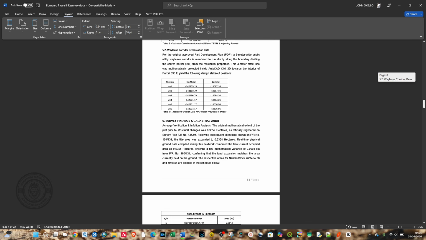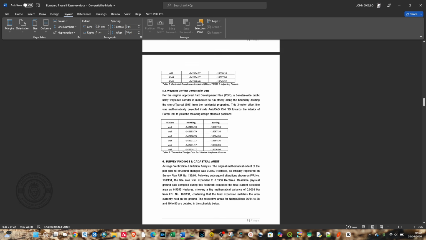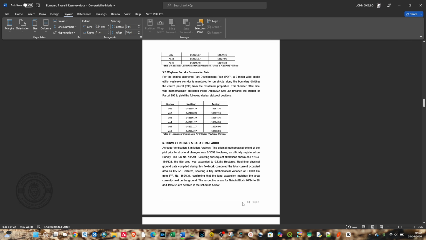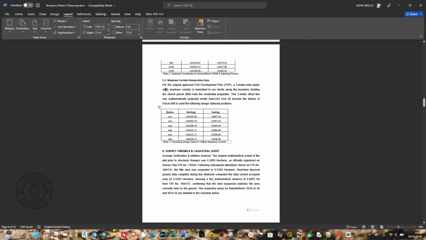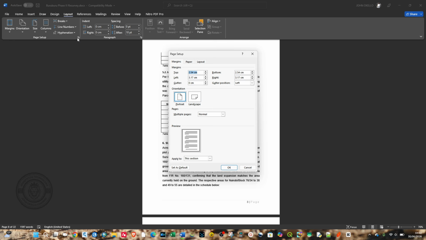Now I can also decide to choose this page, from page 8 going forward, to be landscape. So I can change the orientation from page 8 to the last page to be landscape, and I can do that by going to this Layout tab again, click on the Page Setup, click on that icon here to open the Page Setup dialog,